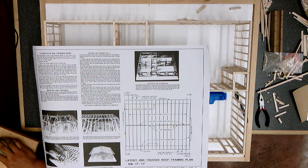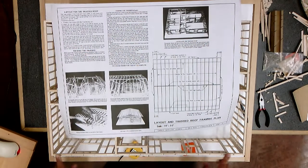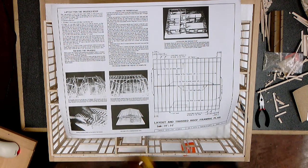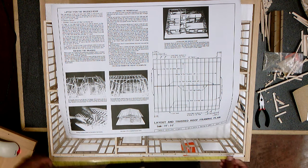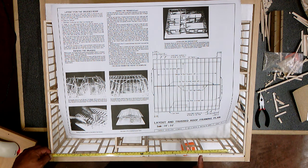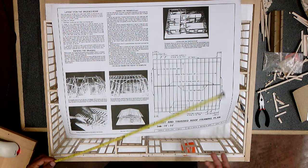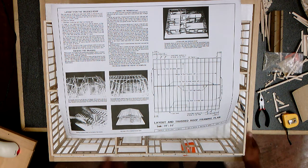After a brief pause to collect my thoughts, I have determined what went wrong with the spacing initially. Using the blocks for the spacing is okay for the beginning and the end, but in the middle, you actually have to use the tape measure and then go every 1 1/2 inches and do your marks. You're doing the marks on the face that's facing you so that you can see them from the side. You could do the marks on the top, but they could get covered and be hard to see, so you're supposed to make them on the front of the building, the vertical face. So I'm going to rotate